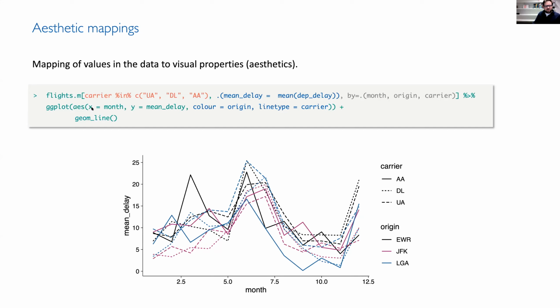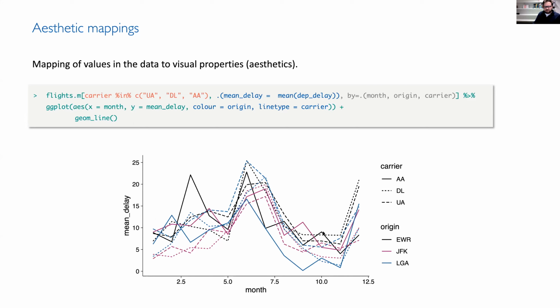I have this aesthetic mapping: the month should be the x coordinate, the delay the y coordinate. And now I have another aesthetic, which is the color. I say the color should be the origin airport, and the line type should correspond to the carrier. And now I just add the geometry, the line,